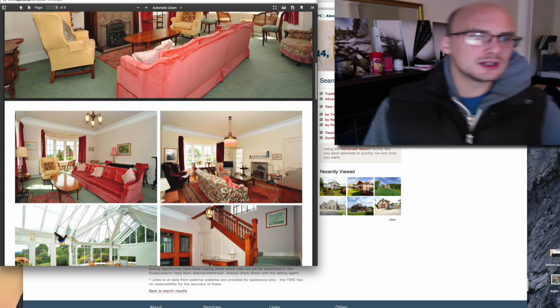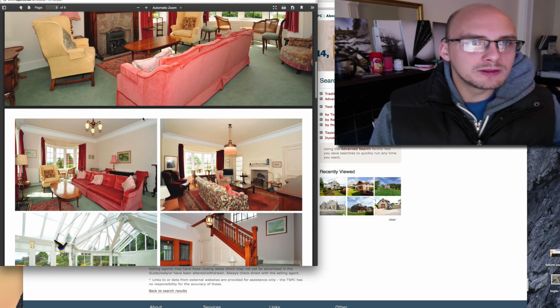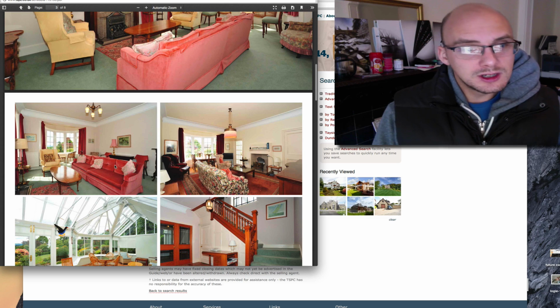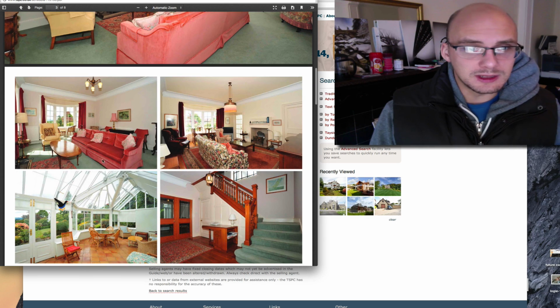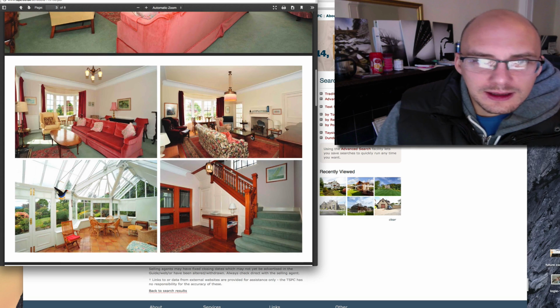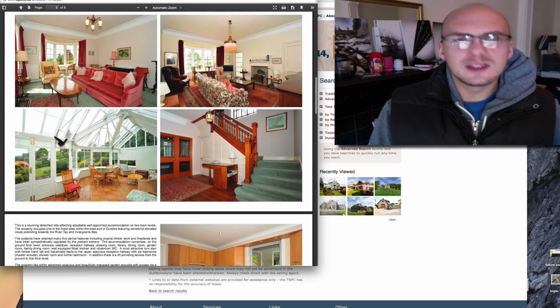This image, brilliant. I now know what the pink sofa looks like. But this image here gives no more information than the original one. So that's where you either get the shot of the entrance or just don't include it and save the space. Next shot here, again, big shadow going on there, but it gives you an idea of the shape of